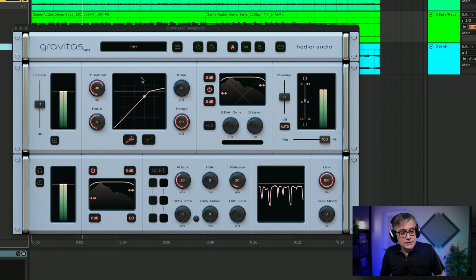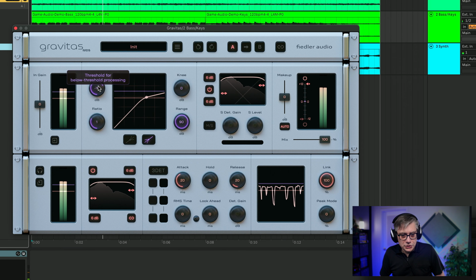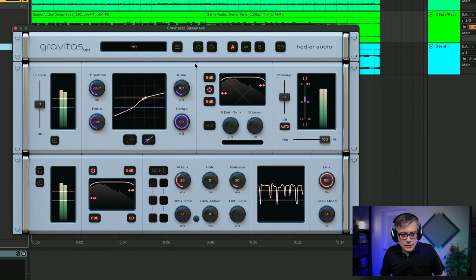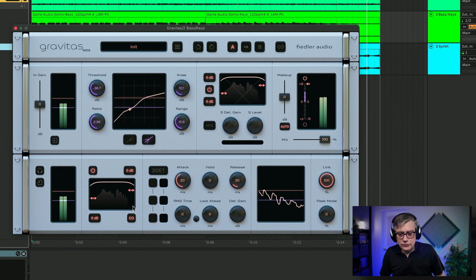And once again, we see the incoming signal here. We see the compression. Currently, there isn't really any compression going. So we can change the threshold or the ratio or the knee, all the typical suspects that you have, and we can also do a below threshold compression for some expansion, for example. And we can also set the knee here, and we can set the range. So if we want to have the signal only being processed in a certain range, we can do that as well.